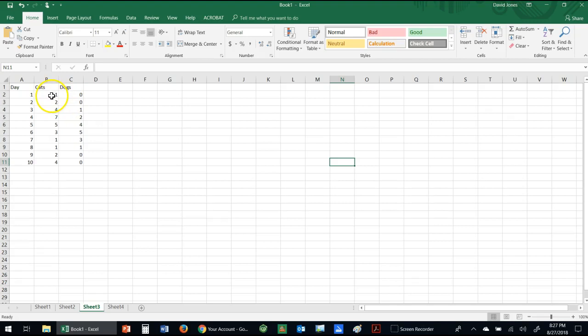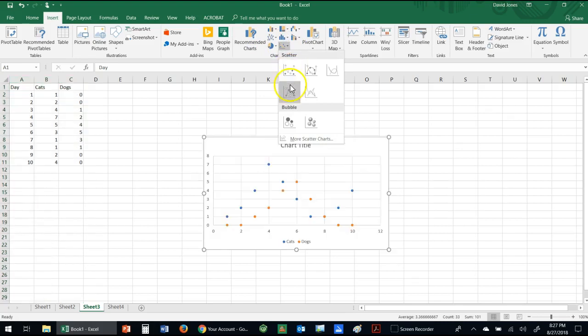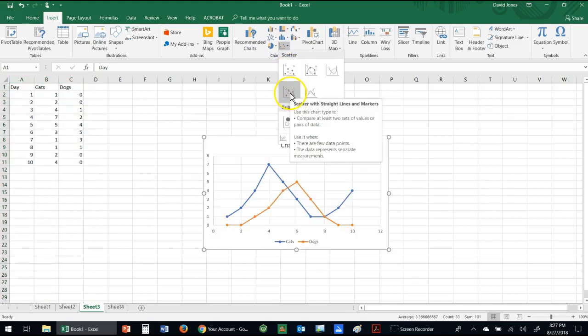So the cats here are sort of multiplying exponentially, and then dogs appear, and as dogs appear, they start eating the cats, and so the cat population goes down as the dog population goes up. But then because the dogs ran out of cats to eat, their population crashes, and the cat population goes back up again. So I am going to take all 3 of these, and I'm going to insert a scatter plot, but this time, instead of using a curve, I'm going to use this one, which gives me straight lines connecting